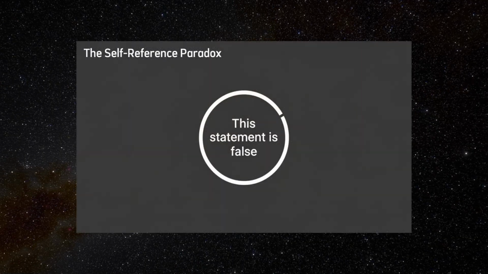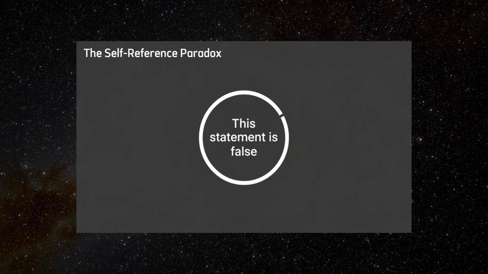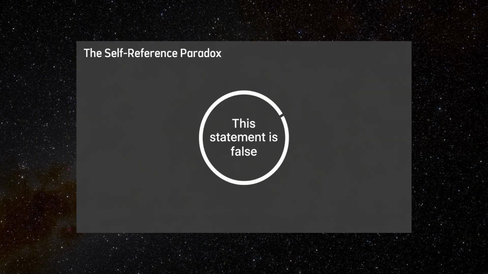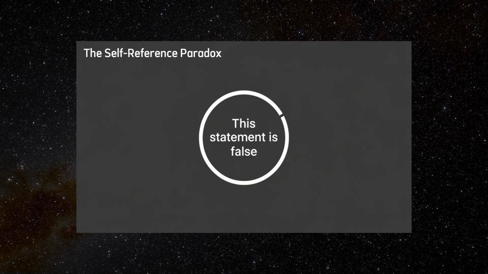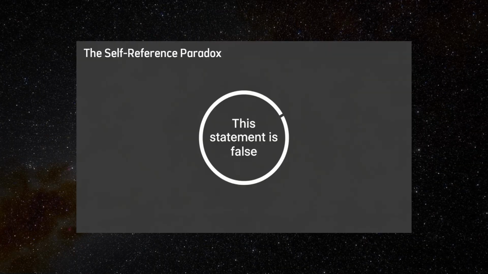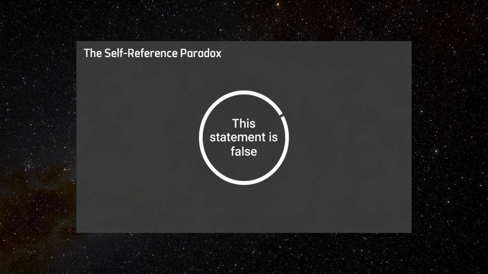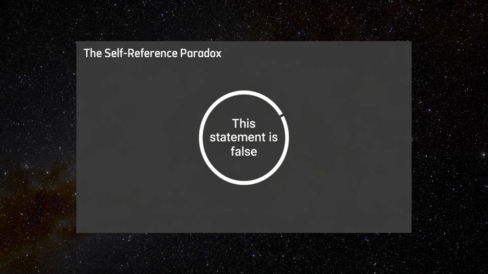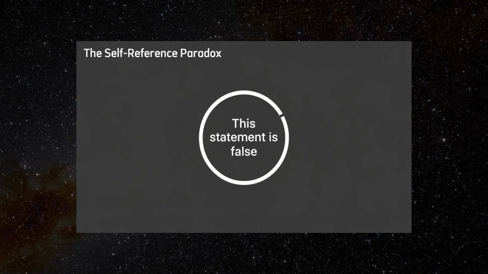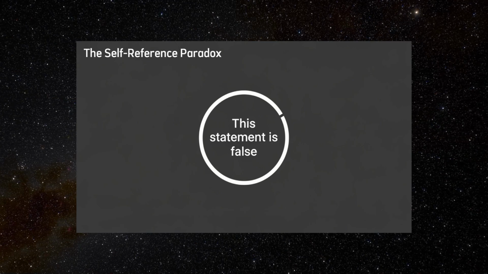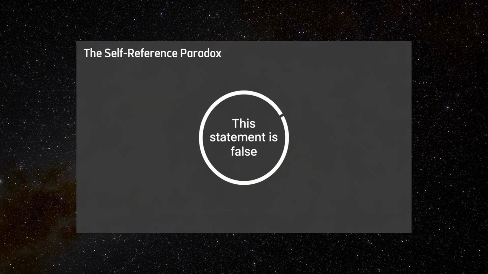The Self-Reference Paradox. The self-reference paradox is a foundational logical puzzle that arises when a statement refers to itself in a way that leads to contradiction, ambiguity, or logical instability. It lies at the heart of many famous paradoxes, including the liar paradox, Russell's paradox, and the card paradox, and has deep implications for logic, language, mathematics, and philosophy.